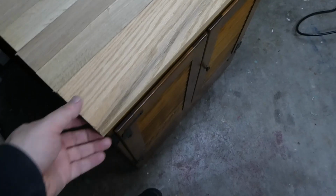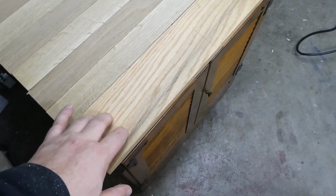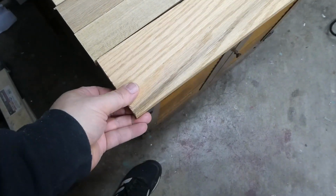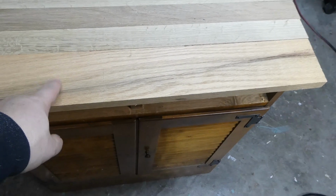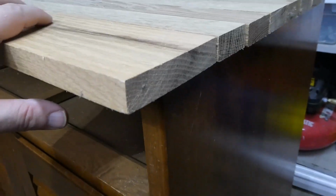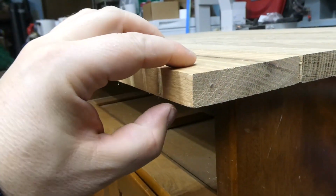But this is that big piece I was telling you about. It's probably 3.5 inches, which will be the very front part, which will also make it better for screwing it down, since it'll just be its own piece right there. This front piece does hang over a little bit more. I think on the sides it's a 1/2 inch, but this looks like a 1 inch overhang,